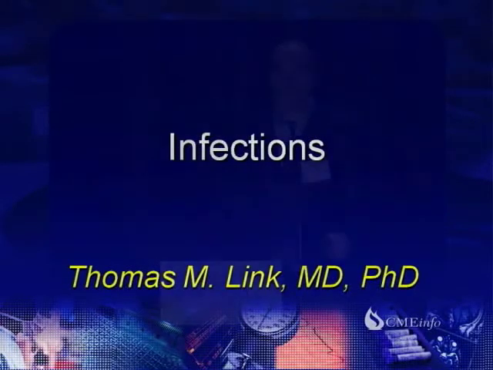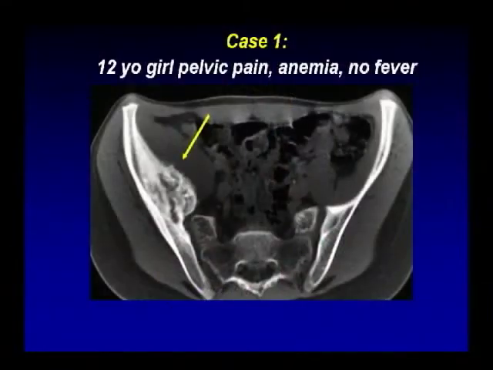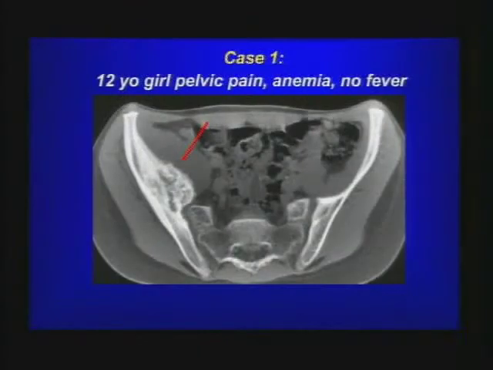Before we get started in detail and look at the different aspects of musculoskeletal infections, I want to show you cases. The first case I want to show you is of a 12-year-old girl who has pelvic pain. And as you can nicely see on these CT images, there's a focal lesion in the right ilium. There's periosteal bone formation. There's a mixed osteoblastic lytic lesion located at the ilium in close proximity to the SI